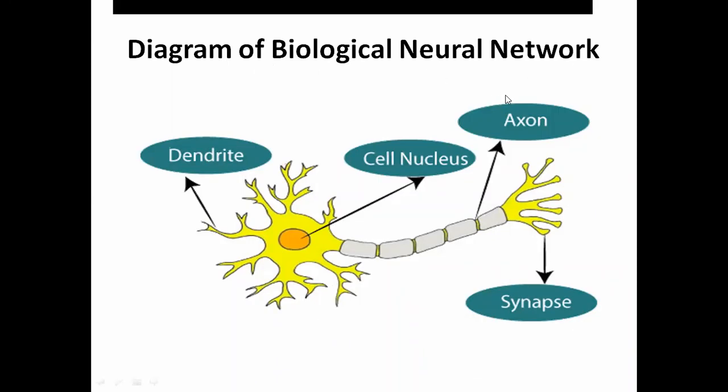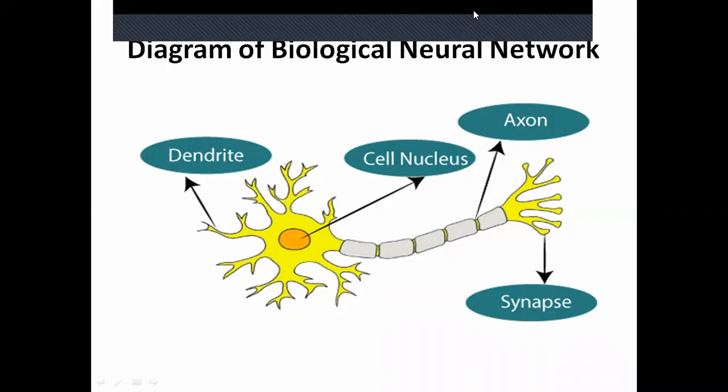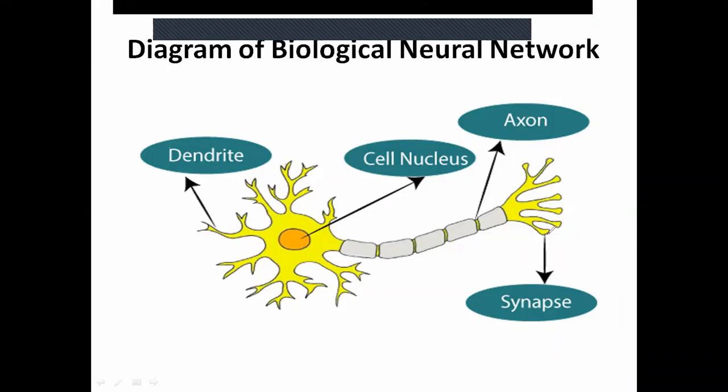This is a diagram of one neuron. Actually, it is not a network, it is just one neuron. Within that neuron, this is the nucleus and this is the cell body. And this is important: you can see a tree-like structure moving away from the cell body. Those are called your dendrites. Then there is the axon, I will tell you its function, and these are your axon terminals. Just after the axon terminals there is something else, I will tell you what those are. Those are called your synapses.